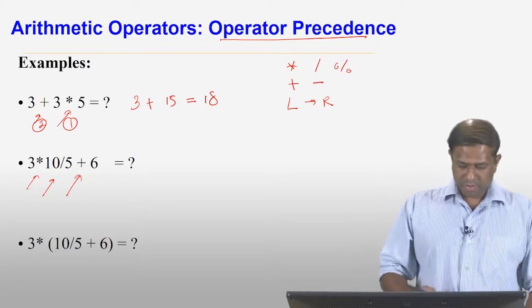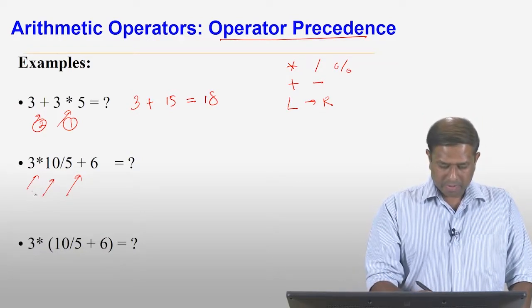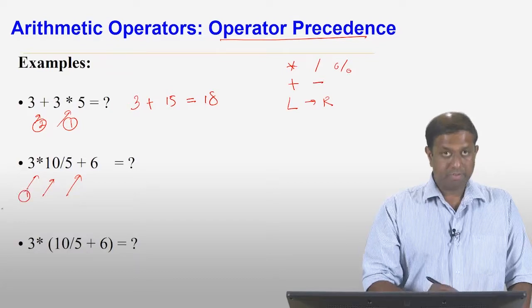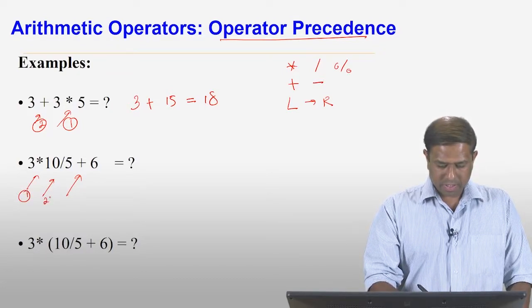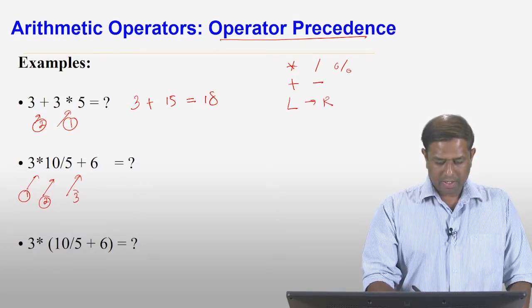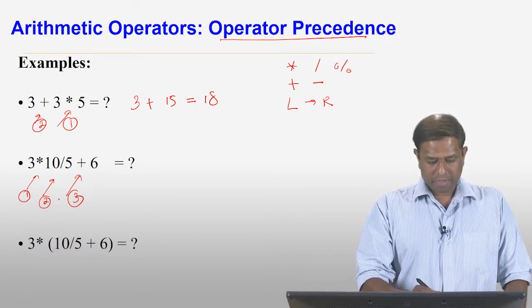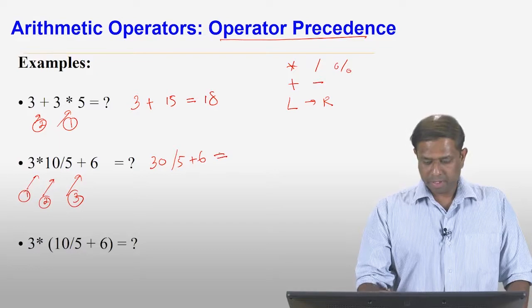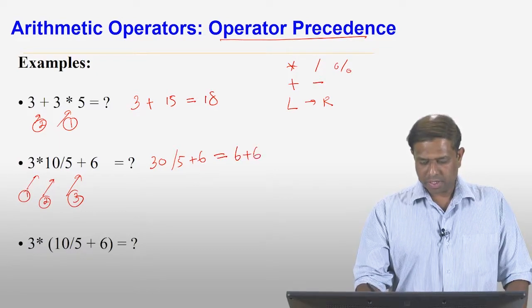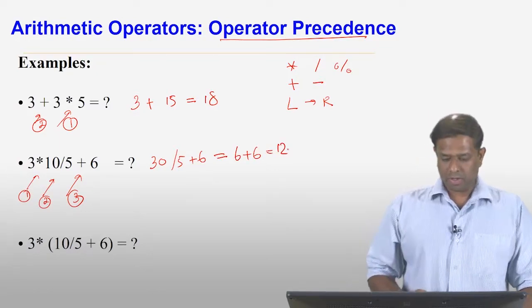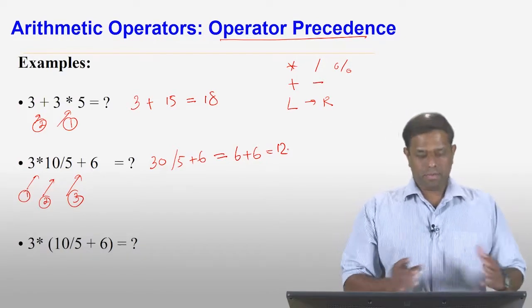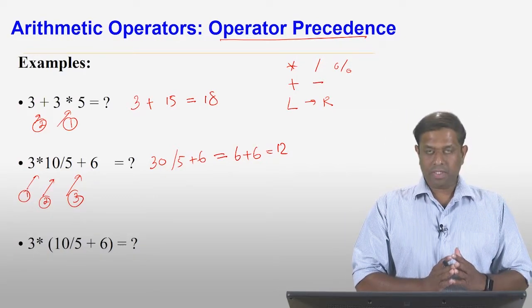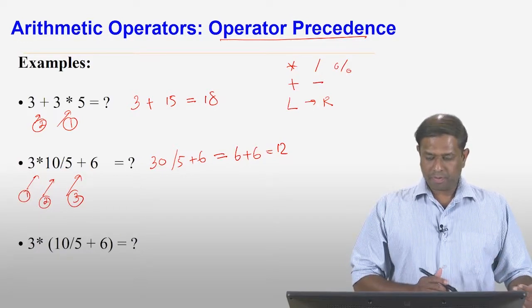Now according to this rule, we will be performing the multiplication first, then division second, and then addition third. So first, 3 times 10 is going to be 30. Then 30 divided by 5 plus 6. So that's going to be 6 plus 6, which is 12. So if you have more than one operation with the same operator precedence, we'll be performing the